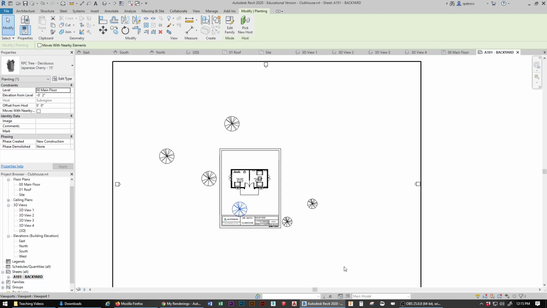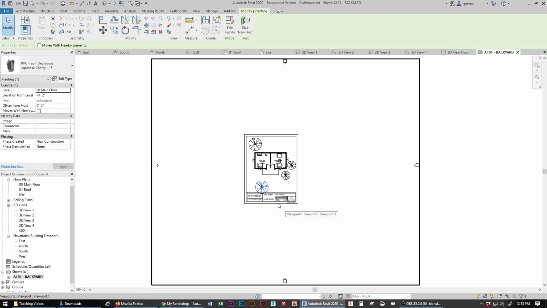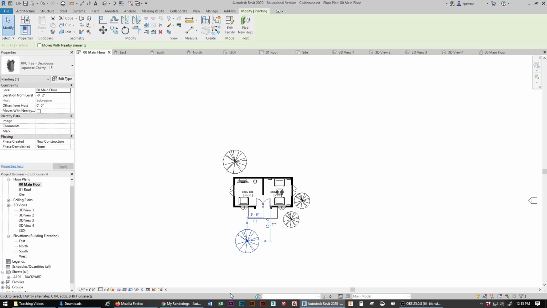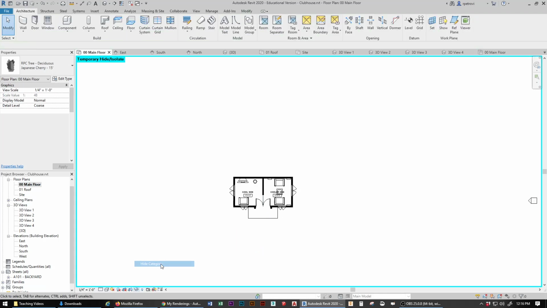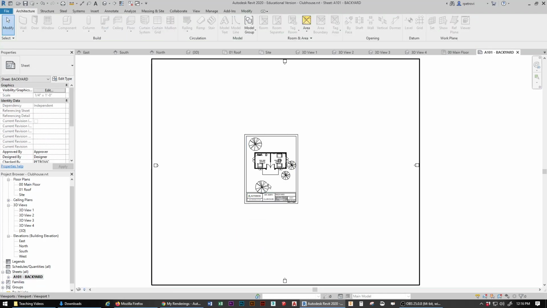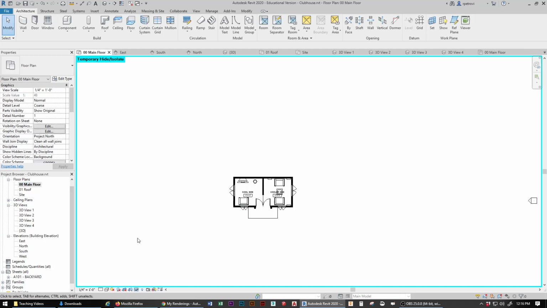We're going to deal with that in a bit. One of the things you can do if you want to is hide these trees here, and you should already know how to do that. So if I go into the main floor plan and click on one of these trees, and do a hide category and go back into my sheet, oh, you know what? That's still not going to do it. Maybe what you can do is just move the trees off to the side, or better yet, instead what we can do